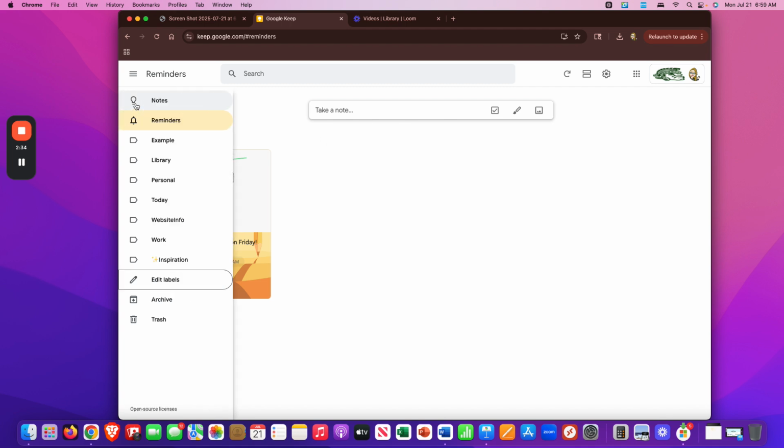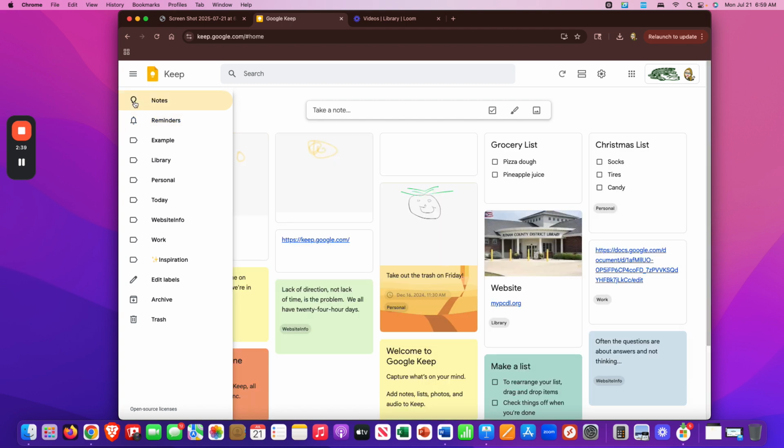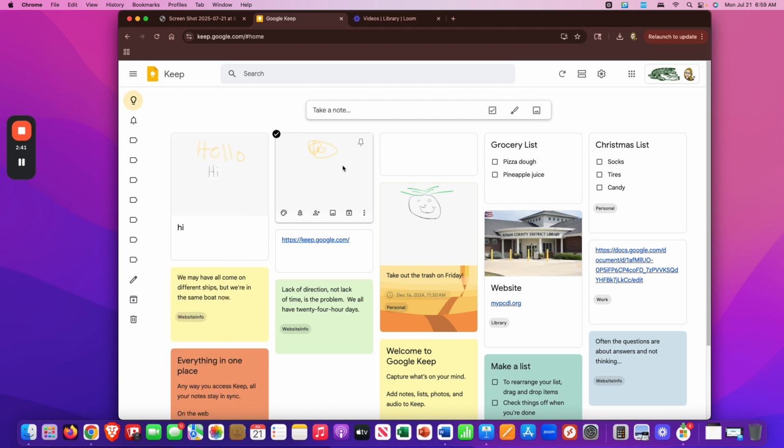So I'm going to go back here to the very top where you can see all of my reminders. And what you're going to see is some where you have a drawing, pretty rough drawings. You're going to see lists. You're going to see images. So I'm just simply going to show you how to start to take a note. So I have up here above where it says take a note, I have this box with a check. That's where I can make a list. I have a new note with a drawing,